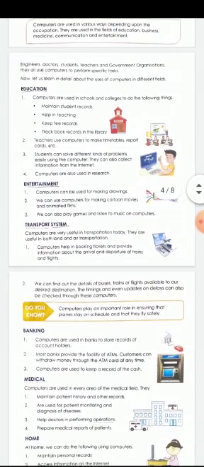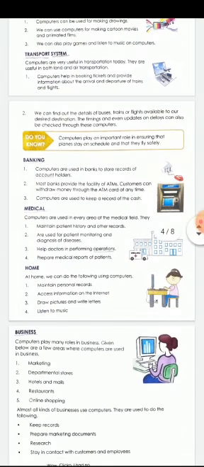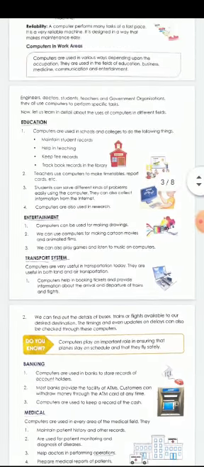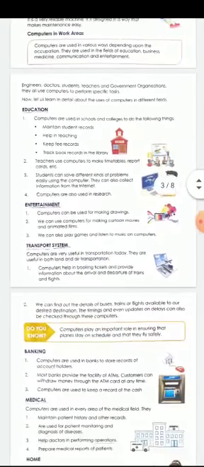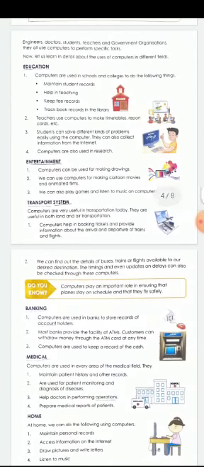Next, some work areas where computers are used. They are the education field, entertainment field, transport system, banking, medical, home, and business. In the education field, you have seen that in our school also there are so many computers. In the office room, you can see 2 or 3 computers where they store details of students.